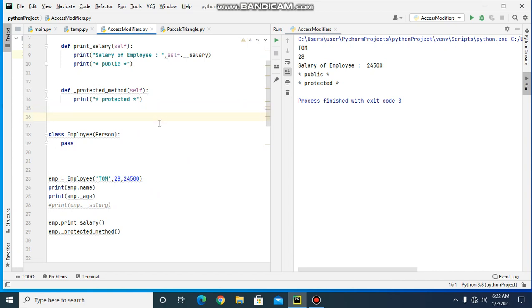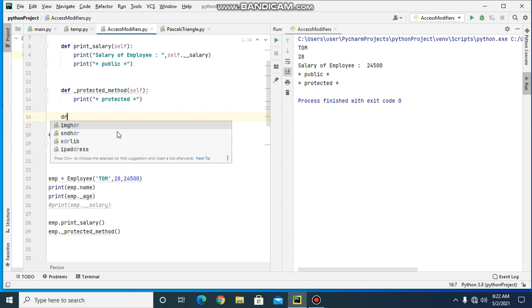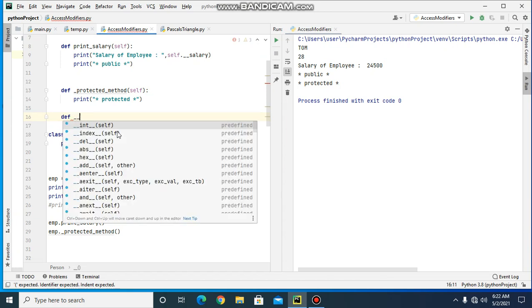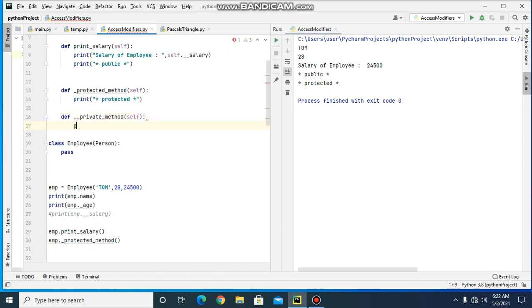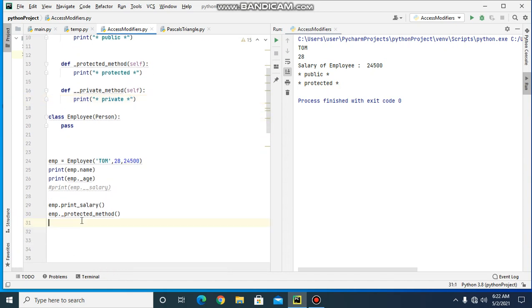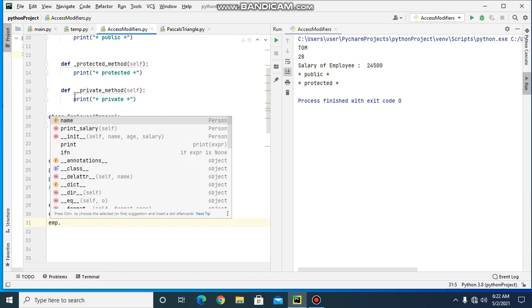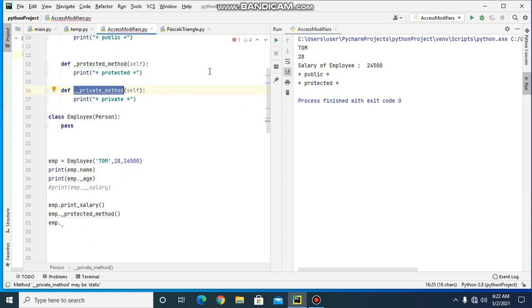Now we will try to access the private method from outside the class. So we'll run this now.